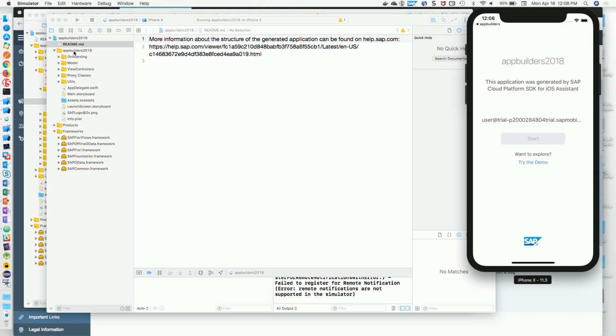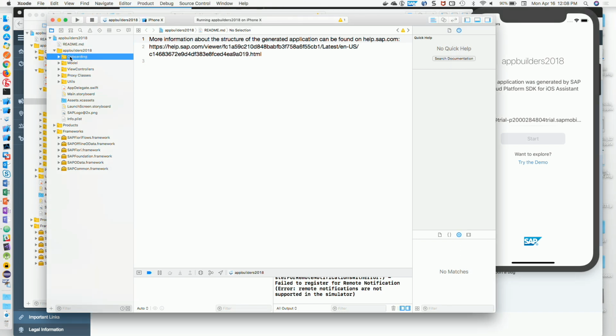So, what it actually created for us is the code for what we call onboarding, to guide the user through these initial steps of logging in, running the OAuth flow, managing the OAuth token securely in the keychain on the device, and using that token again when you come back to the app later. So all of that stuff is taken care of for you. You don't need to do anything for this. It created